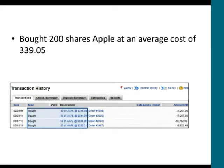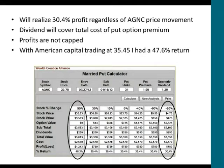Real quick, Chuck, I don't want to interrupt you, but we are getting some questions. For those of you that want to know Chuck's stock selection process, it's going to be very difficult for him to cover that in an hour seminar today. But if you go to mytrademonster.com, click on the webinar archives on September 11th, Chuck actually did a 2-part series which could show you how he got to this point of selecting AGC. So I apologize, Chuck. I just want to let people reference that. Yes, yeah,